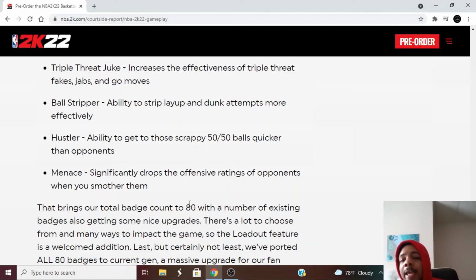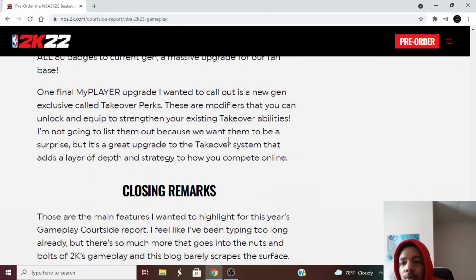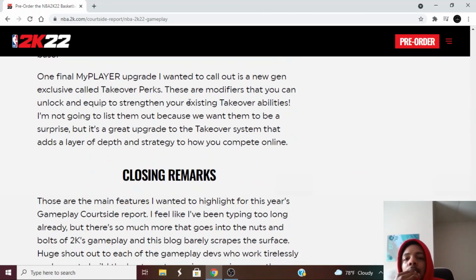So a total of 80 badges. And all 80 badges will also be on current gen. So both games will have all the same badges, all the same signature styles, all the moves and all of that. So cool. One final MyPlayer upgrade